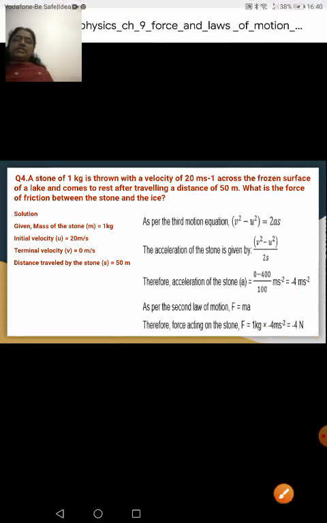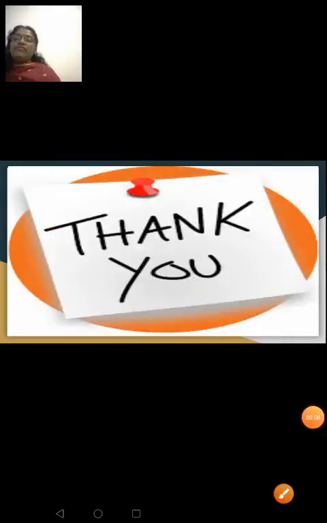Clear? Yes. So we have done 4 sums now. I hope it's clear to you. Keep practicing. Okay, I have attached one worksheet. Please practice that, and get ready for the next session.